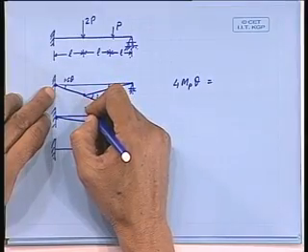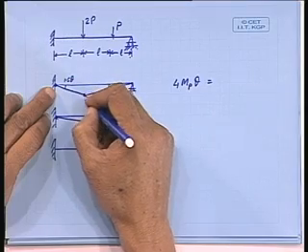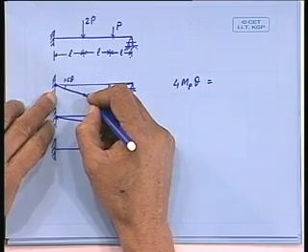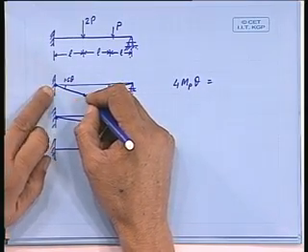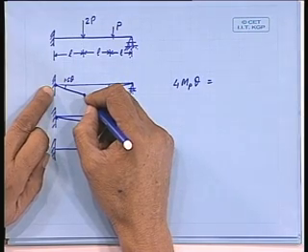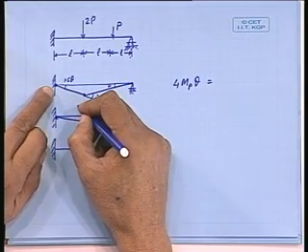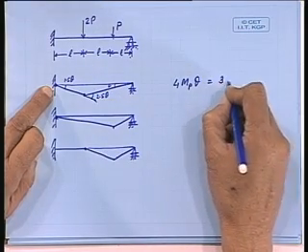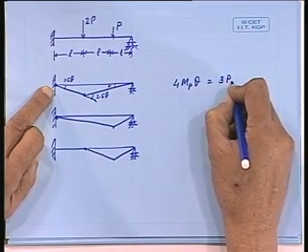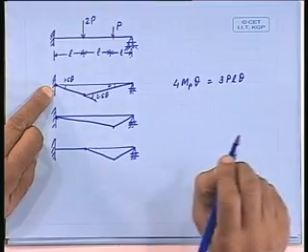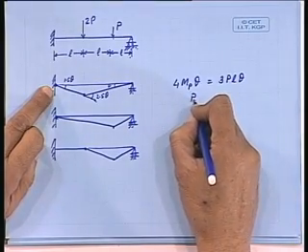Yes. So if this is okay, then what is the work done here? 1.5 plus 2.5, so 4 MP theta. And how much is this? This is 2P into delta. And delta is equal to 1.5 theta into L. So this becomes 3 PL theta. So P ultimate is equal to